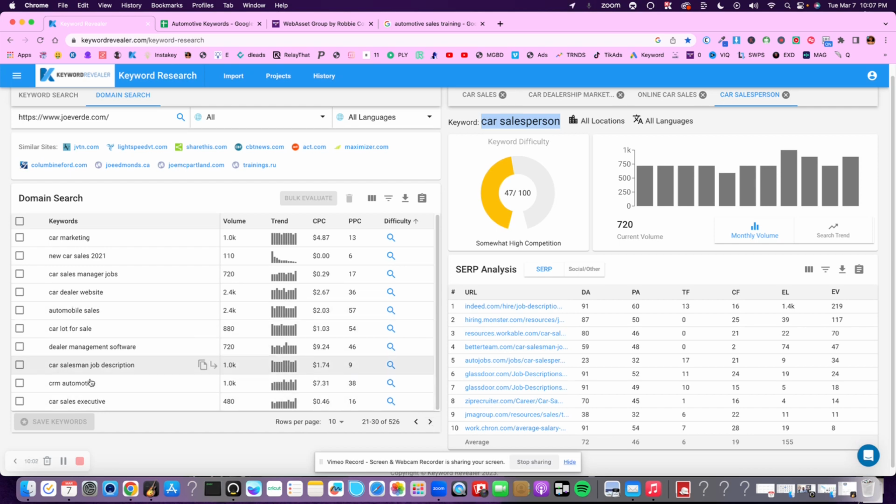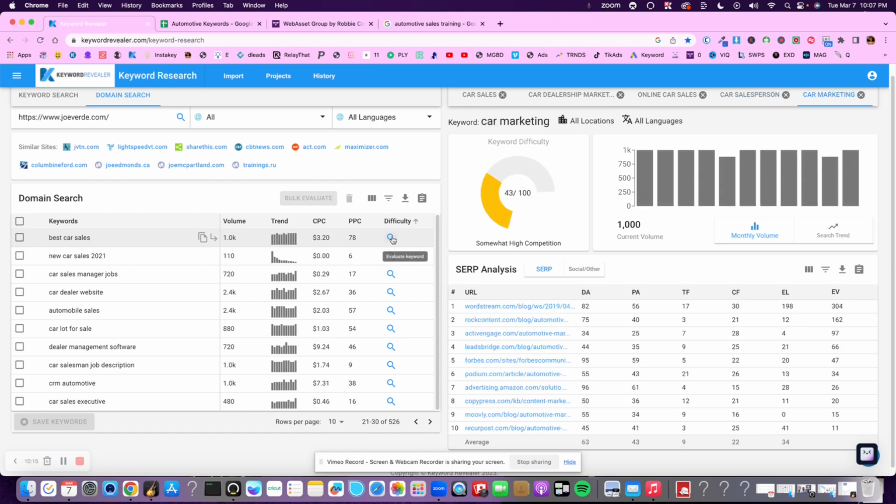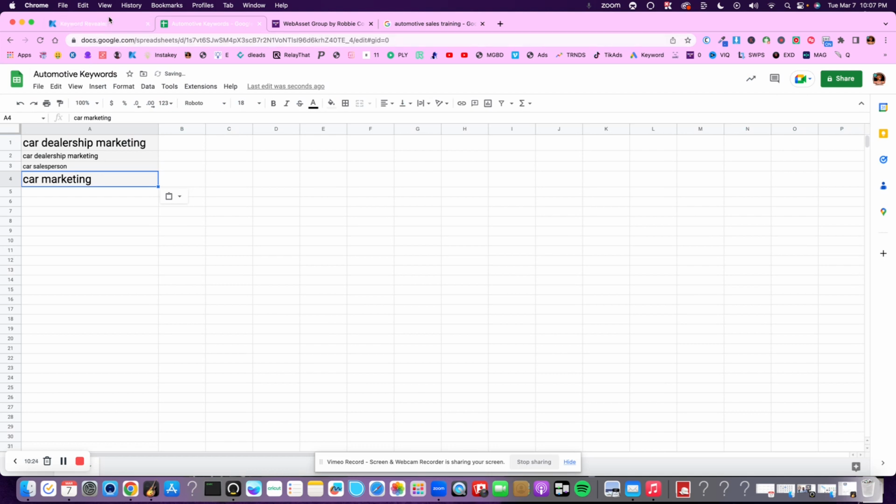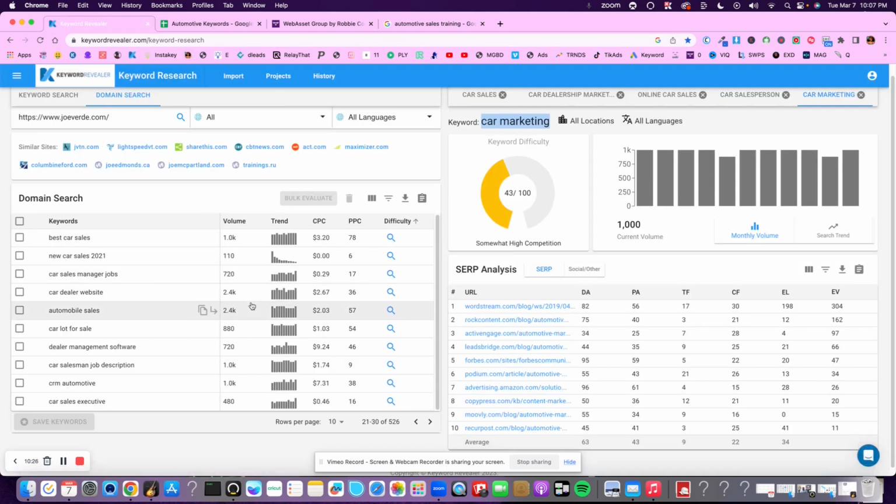Car dealership says, let's see, car sales executive, car marketing. Car marketing might be a good one. Let's see what that keyword difficulty score is. Car marketing. Because basically you're just trying to sell a car. I like car marketing. We'll do that. All right. So I'm going to drop that in right there. Car marketing. What about